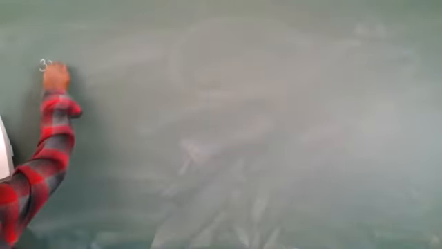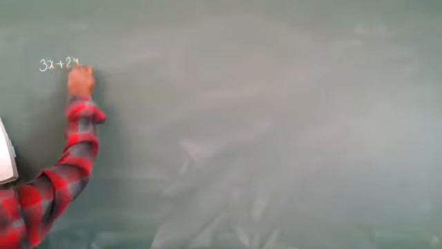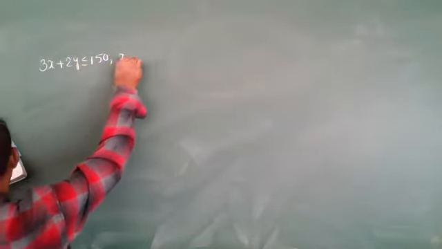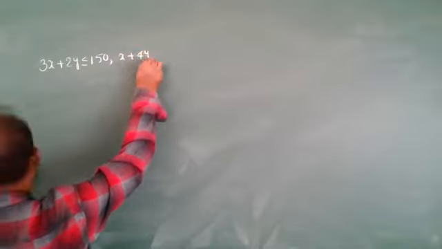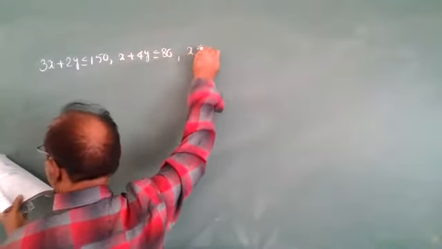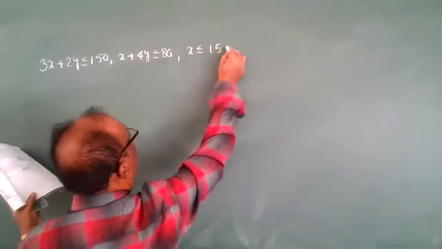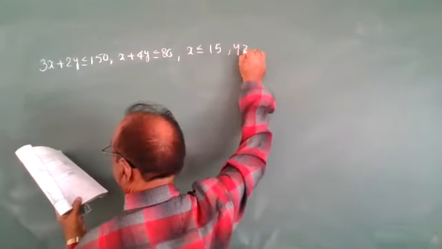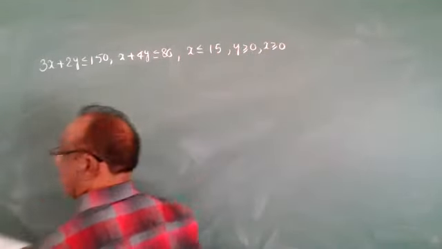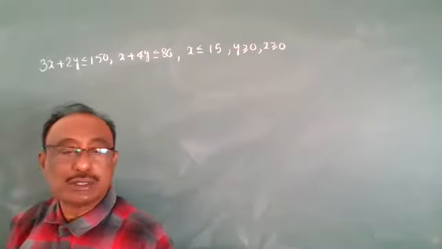3x plus 2y is less than or equal to 150. x plus 4y is less than or equal to 80. x is less than or equal to 15. y is greater than or equal to 0. x is greater than or equal to 0. Right. First,